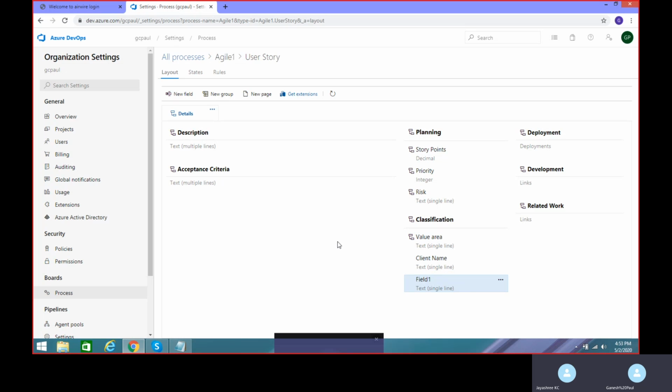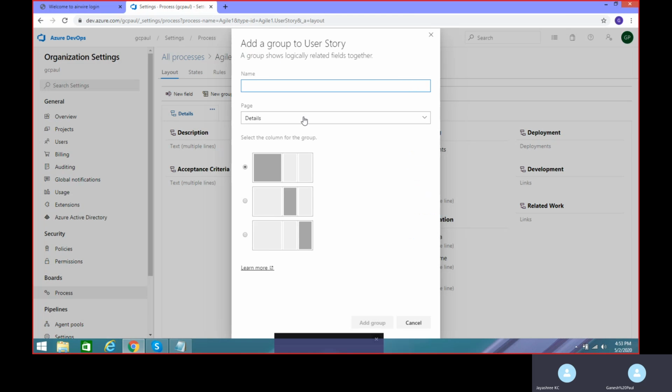Okay, not only field, you can create a new group, new page and external field controls as well. Okay, group, so what does this mean? It will create a subgroup which you are seeing inside your page. Say for example, in page details, just give the group name as group 1. Let's see how it is reflecting inside the page. Yeah, group 1, click on add group, and it is asking you for the layout, whether it should be on your left hand side or in the middle or on the right hand side. Okay, yeah, go ahead and click on add group.